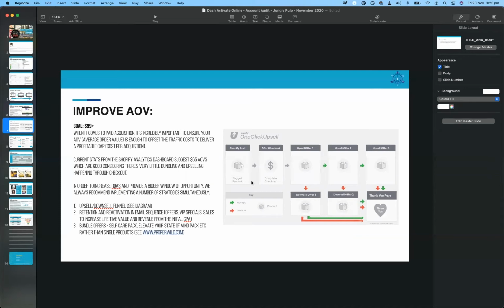But basically how this app works is it replaces the back end of your Shopify store, so that when someone adds to cart, it takes them to the Zipify cart, which looks identical and works exactly the same way. They enter their information, they enter their credit card details, but instead of sending them straight through to a thank you page that says thanks for your order,